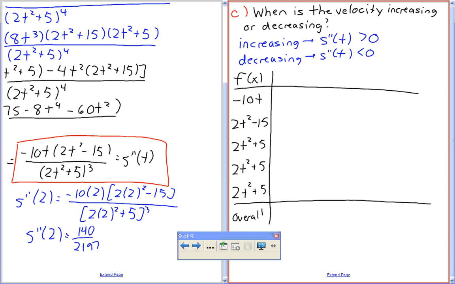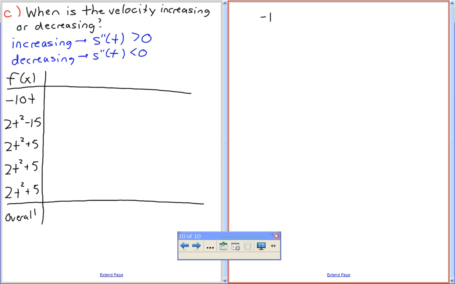Asymptotes and roots. Okay. Do we have any asymptotes for this graph? An asymptote is a line that the graph doesn't touch. For asymptotes here, we would need 2t squared plus 5, cubed, equal to 0. Can this ever hit 0? No, so we ignore that. All we're going to have is our roots. So let's do our roots here. We have to solve negative 10t and